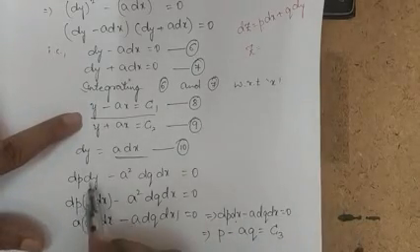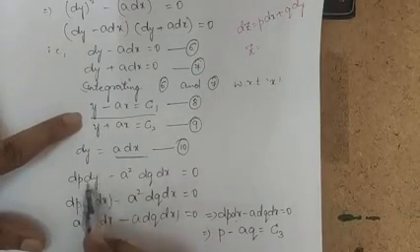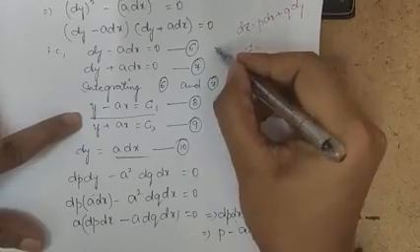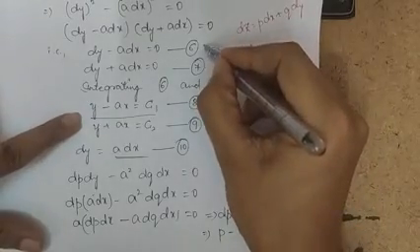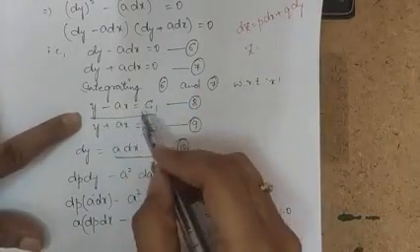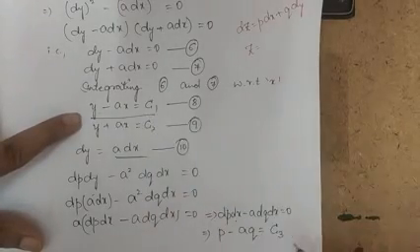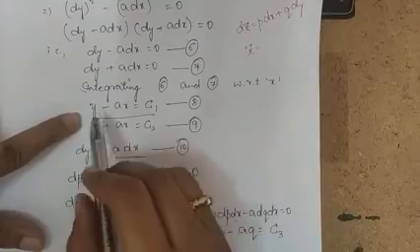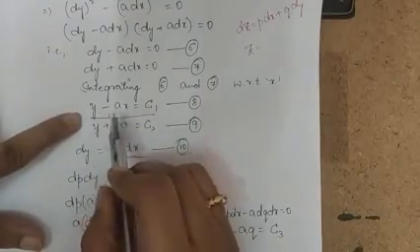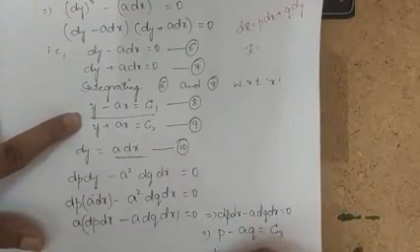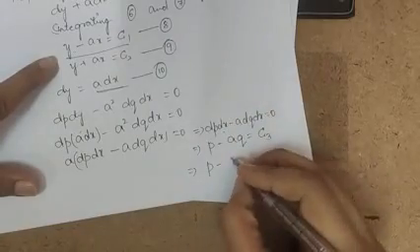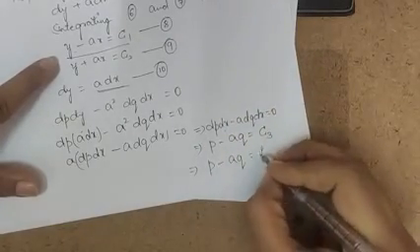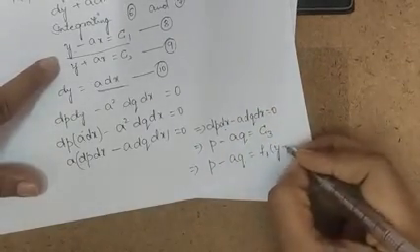So here, the dy substituted is what I have considered from equation number 6. The solution of equation number 6 is y minus ax is equal to c1. So c3 will be in terms of functions, so I can write f1 of y minus ax. So p minus aq is equal to f1 of y minus ax.